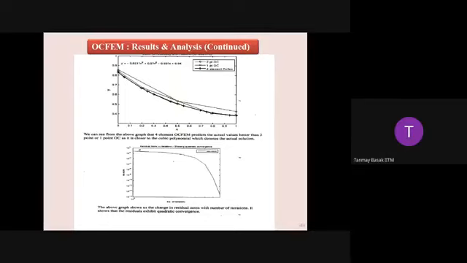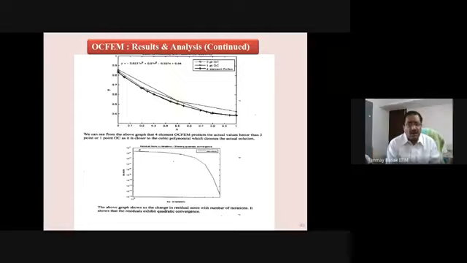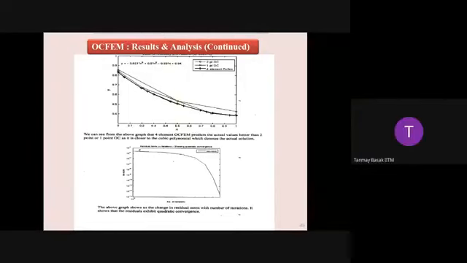Basically people in packages simply increase the number of points and say that I get the solution. But there is a systematic way to increase the number of points, and every part of the program has to be benchmarked against the analytical solution where possible. If not possible, you have to simplify such that the analytical solution is possible, switch off some of the terms, and see the optimal node numbers and how the convergence test can be done.